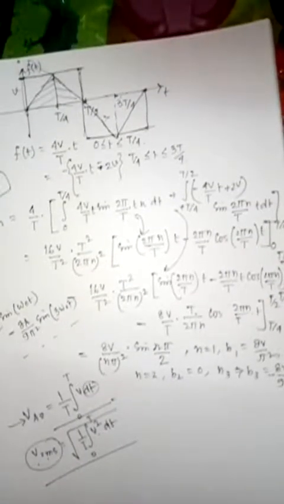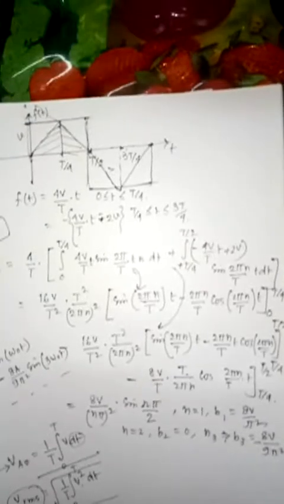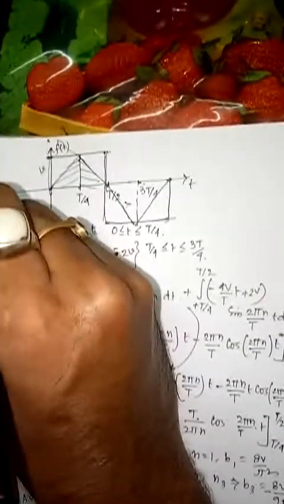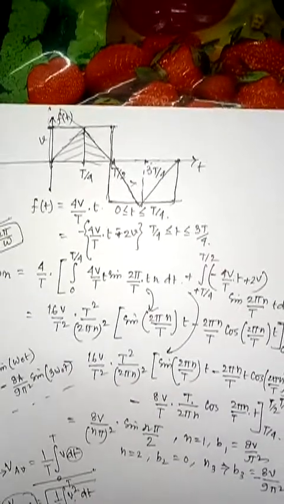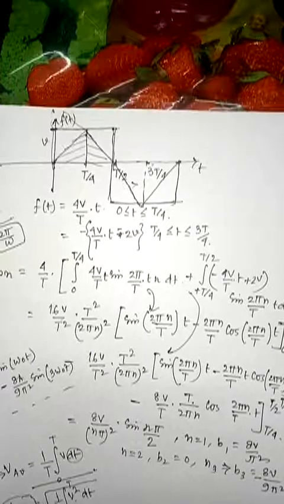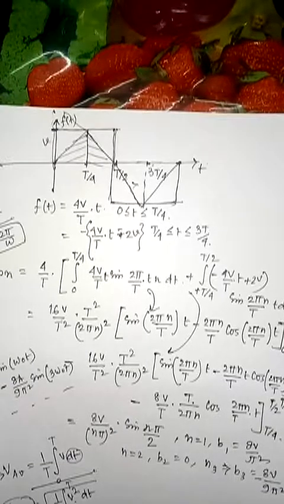So that is in short today's lecture, and you can see the final output of V average and V RMS. Here I have discussed 3 problems, question numbers 6, 7 and 8. The problems are given. You should read them, understand them, and apply them to other problems. You must write to me if you get stuck solving other problems relating to this Fourier transform. Therefore I have concluded the entire lecture.